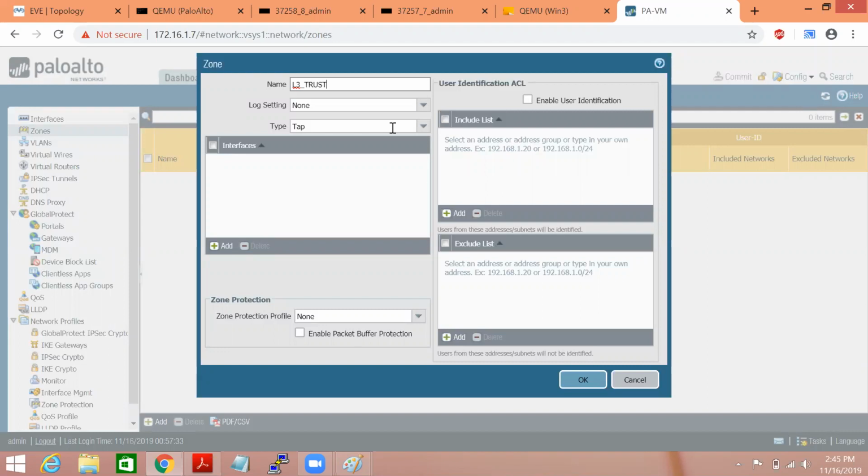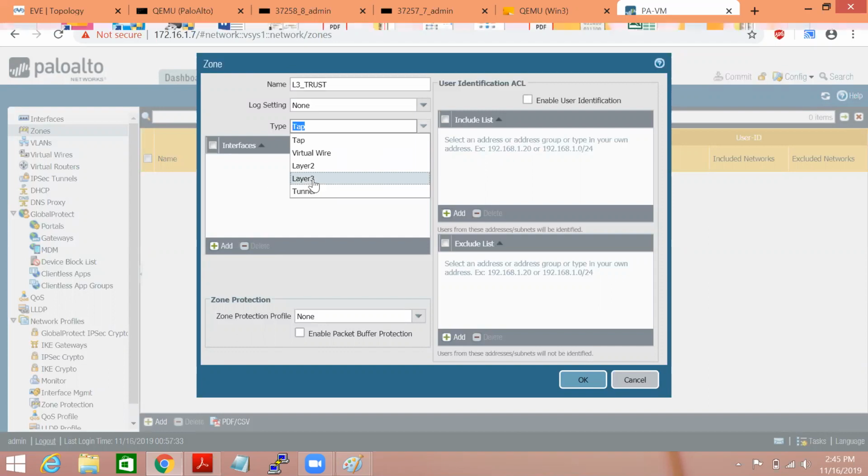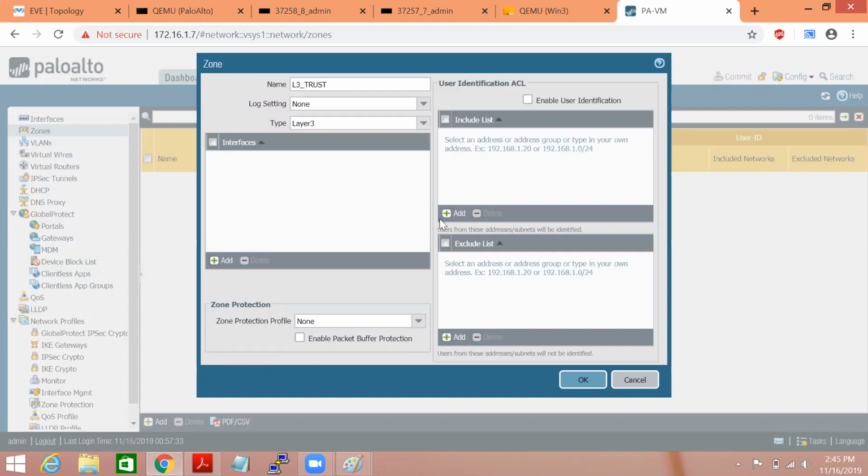You have to be very careful: if you do not select L3 here, the interface doesn't show. So you just have to select type L3, and you can directly call your interface now. But we haven't configured any interface, so just leave it blank and say OK.